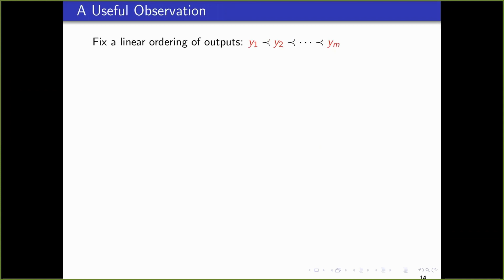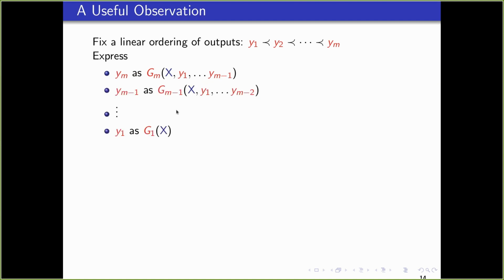Okay, so here is a useful observation as we try to do this. Suppose I could linearly order the outputs, and instead of expressing ym, or y1, depending on which side of the order you're starting from, directly as a function of x, why not express it as a function of x and all the other outputs? Now, this should be fairly straightforward, because all I'm saying is that I'm going to treat these other outputs just like they were inputs. And I'm going to synthesize this ym as a function of the inputs and these other outputs treated just like inputs, right?